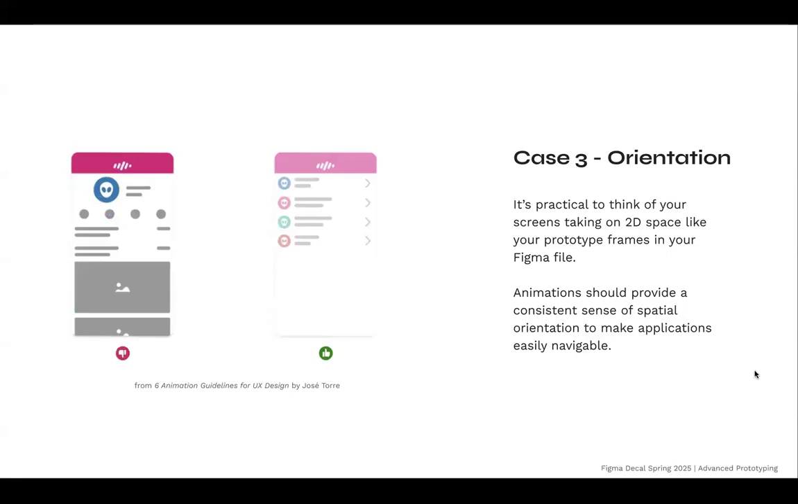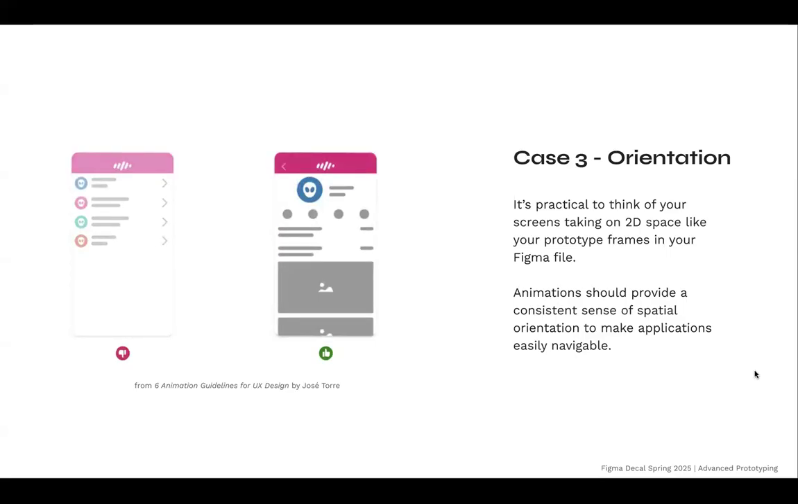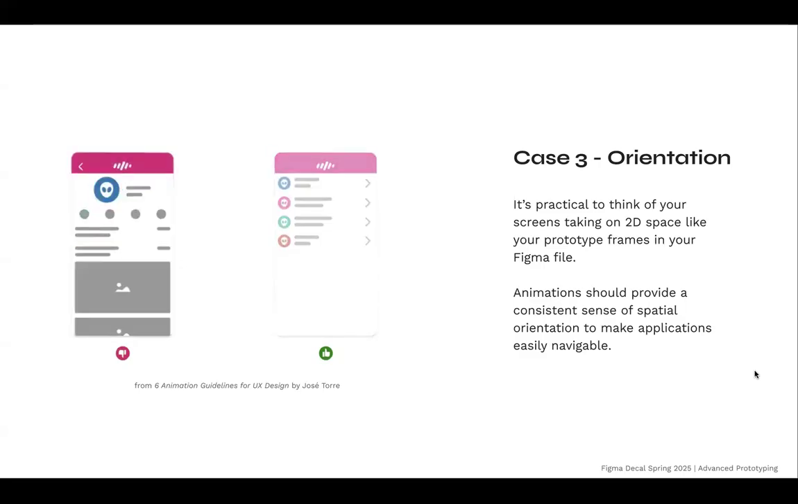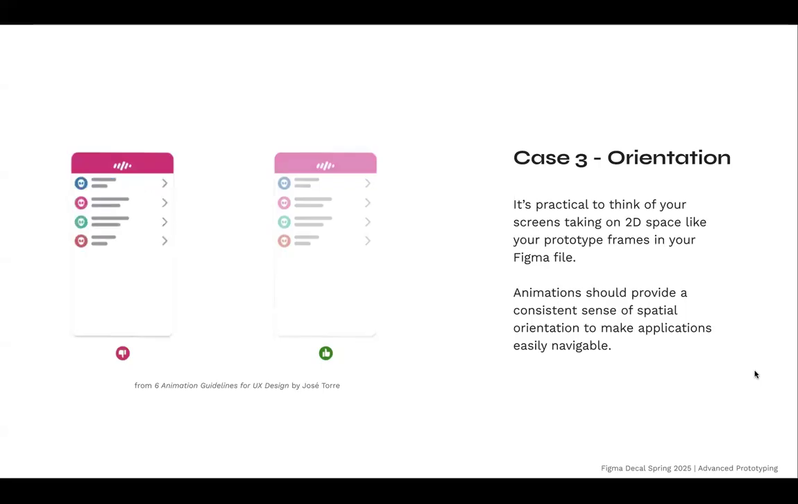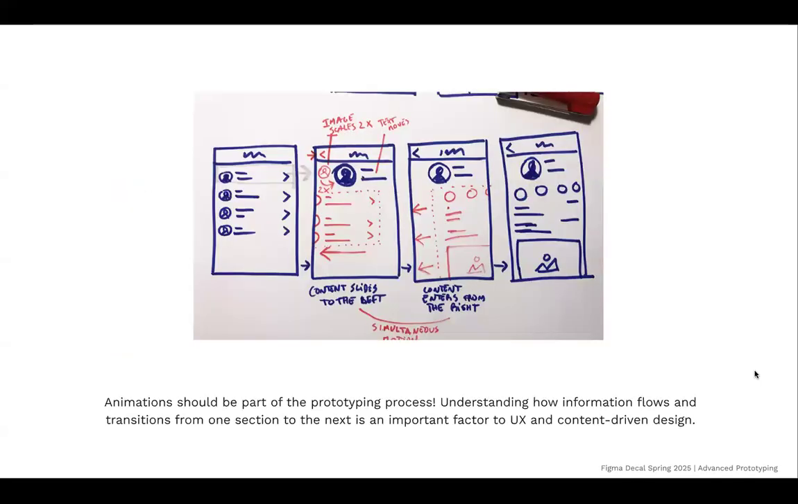Orientation. So it's practical to think of your screens taking on 2D space, like your prototype frames in your Figma file. And then animations should provide a consistent sense of spatial orientation to make applications easily navigable. And then animation should be a part of the prototyping process. So understanding how information flows and transitions from one section to the next is an important factor to UX and